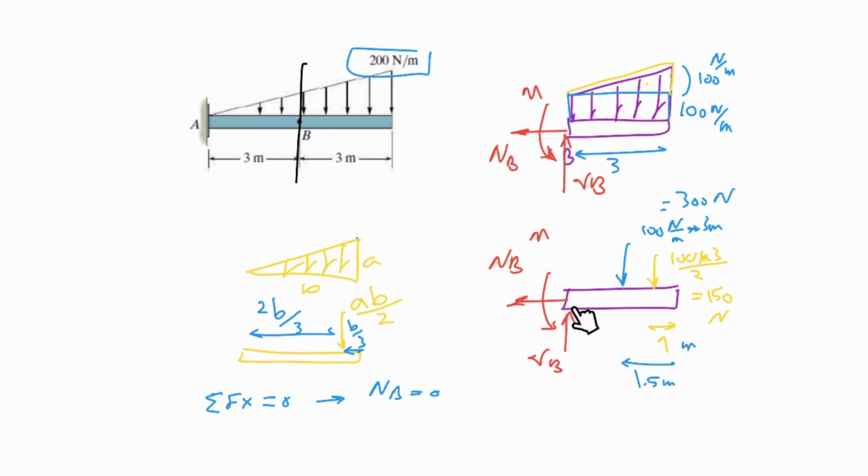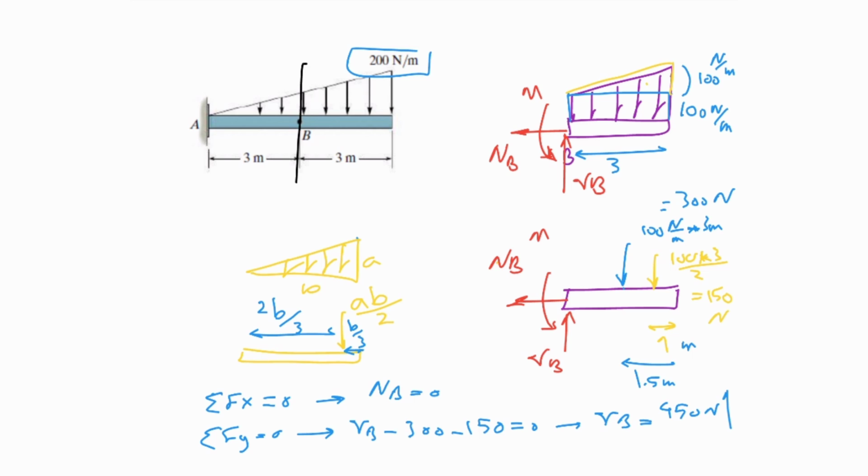I have just NB, it would be 0. After that, I solve for the vertical force, sigma Fy equals 0, gives me VB minus 300 minus 150 equal to 0, which gives us VB equal to